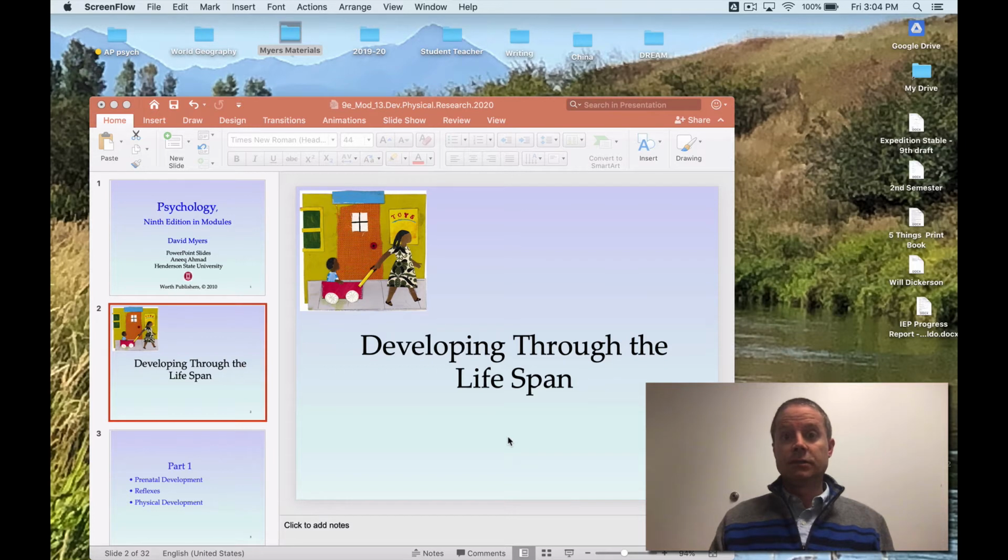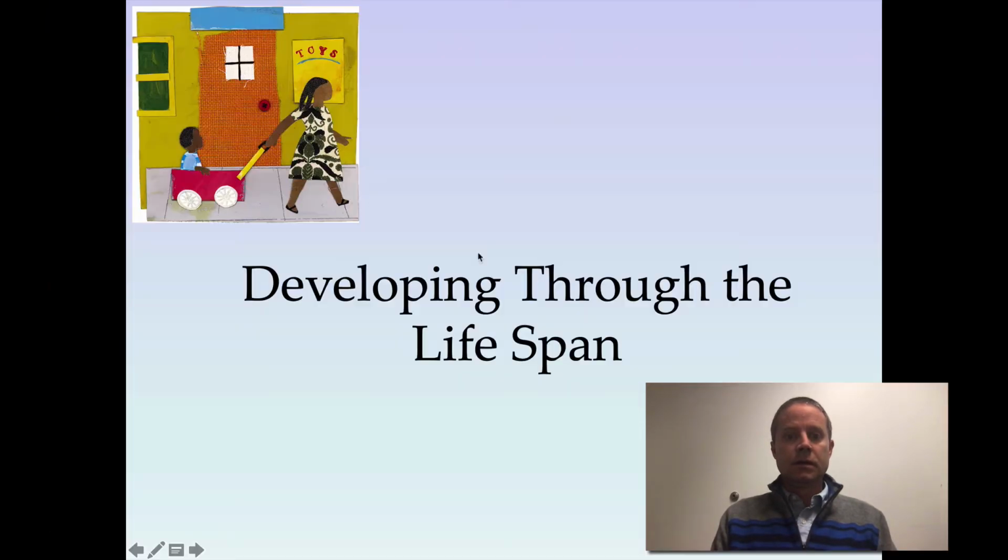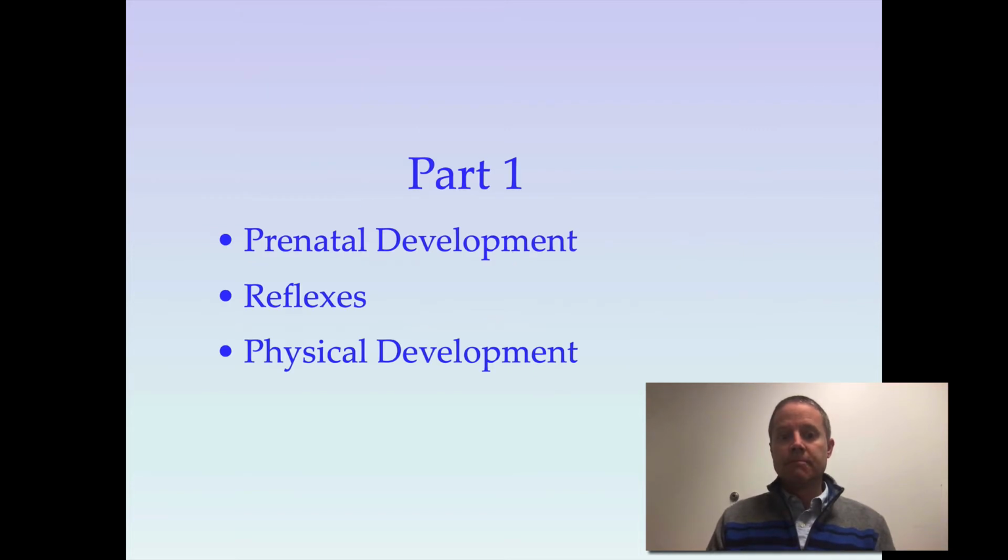This unit is developmental psychology, or sometimes it's called human development. Let me pull up this slideshow. So it's how humans develop throughout the lifespan. They develop physically, cognitively, emotionally, socially, morally. Lots of changes throughout the lifespan because we are multidimensional beings. So let's start with physical development. We're going to look at the baby in the womb, certain reflexes that babies are born with, and certain milestones, like they start walking and crawling and stuff like that.